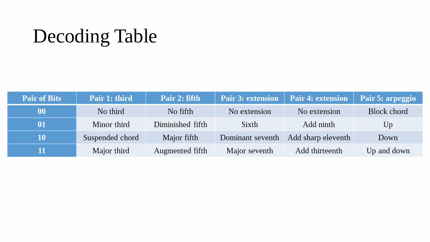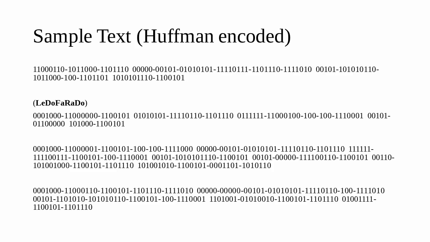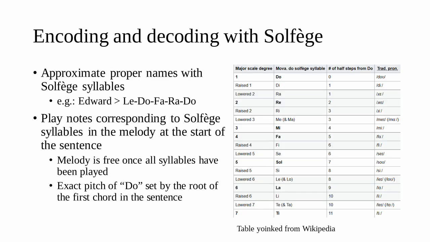can be whatever the speaker wants. The only restriction is introduced when a loanword or proper name is used in the sentence, which brings us back to the le do fa ra do segment from earlier. Clever viewers will have noticed that this is the name Edward approximated by solfege, a convention for naming musical pitches. Proper names are approximated with solfege syllables and paired with the loanword morpheme and a number displaying their length.